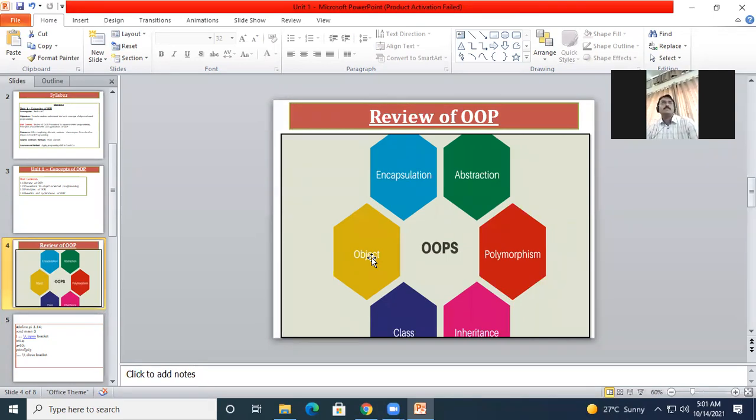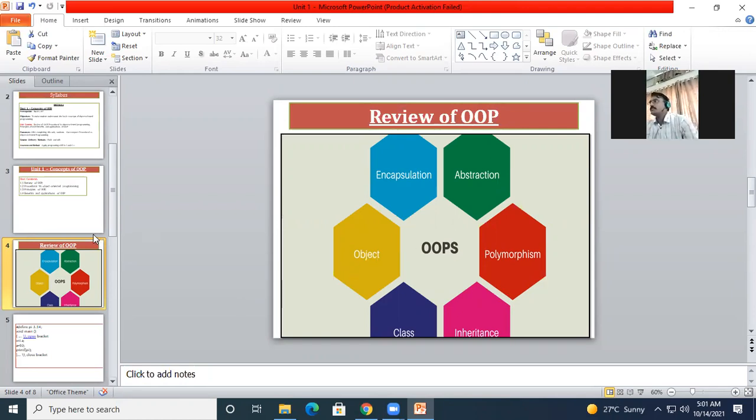Okay, so you should remember what is object. See, what is class? Class is a user defined prototype from which the objects are created. What is object? Object is a basic unit of object oriented programming which represents the real world entities and possesses the properties. Now there is one more concept, object identity.